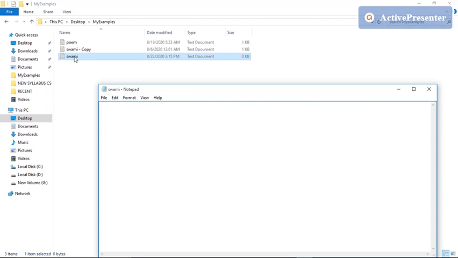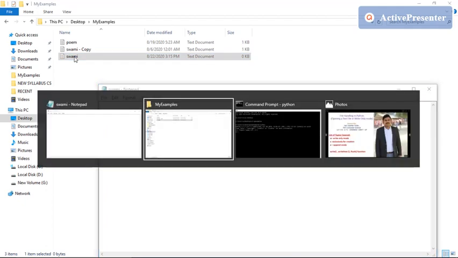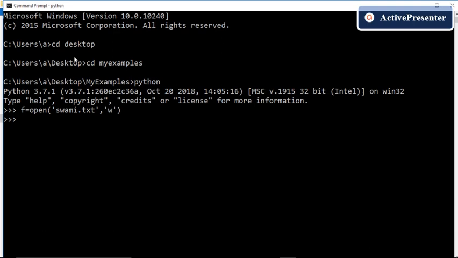So we can see that when we open a pre-existing file in write only mode, then the content of the file will get truncated and the file will be a blank file.